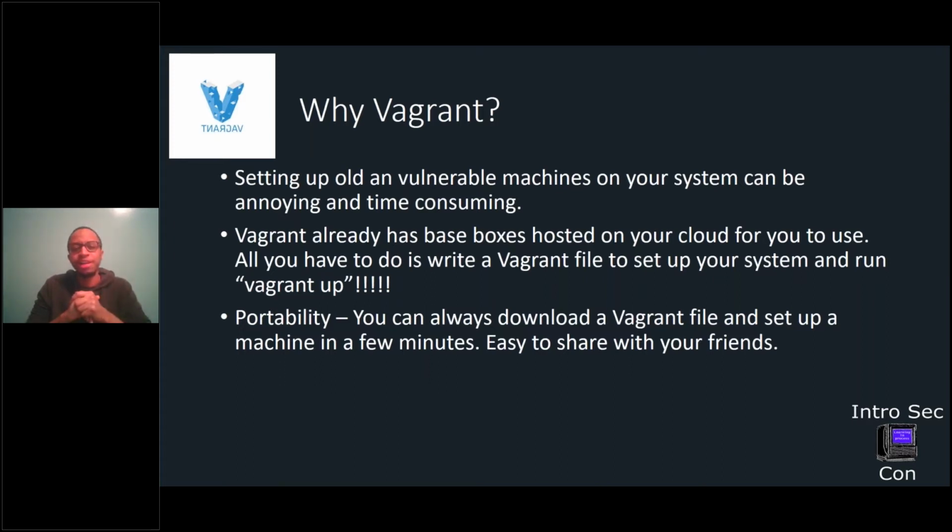It's because I feel like when you try and set up old machines on your system, like if you try to set up an XP box for now, it can be really time consuming and just messes with you. You try some things and get connection issues. You have to get plugins for certain interfaces. So that's annoying. We don't need that. Then Vagrant already has boxes hosted on its cloud. So what I'll show you is